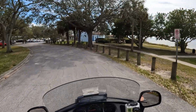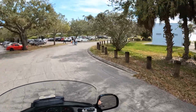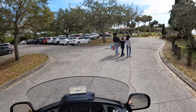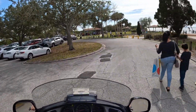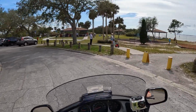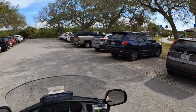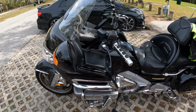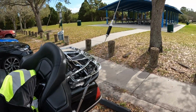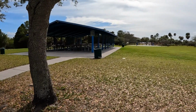Down here it looks like we have a much larger party. See more of the play area here. There's a big, must be a birthday party of some sort. Alright, we just rode the Goldwing down here to Picnic Island, and here's one of the pavilions over here,